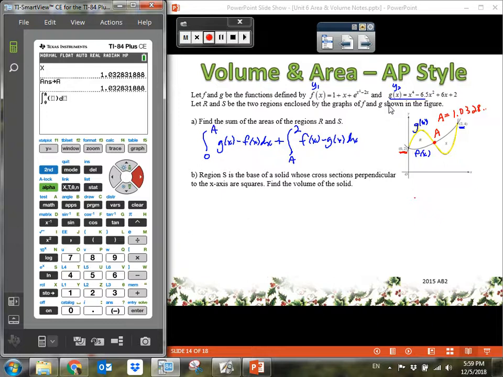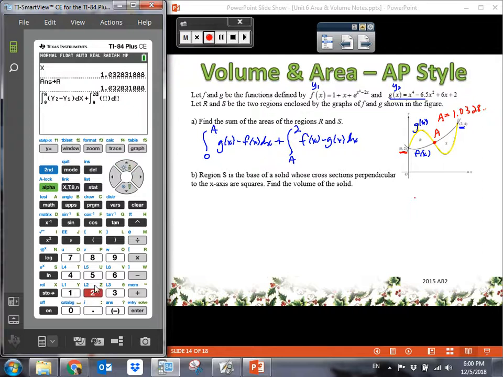So we're going to do second calc, alpha calc Y2 minus, and then we said F is Y1. So alpha trace Y1 dx, okay, plus. Then we're going to do this again, math 9, and we're going from A, so alpha A,